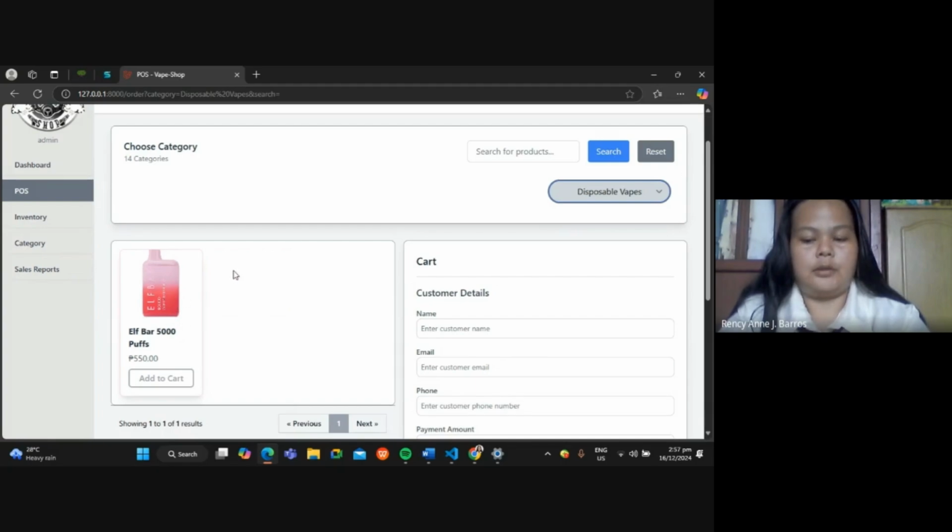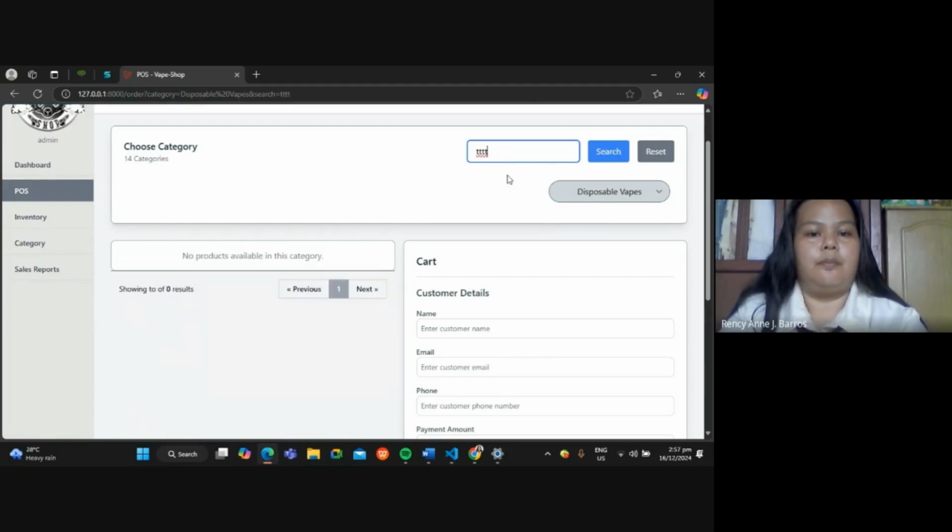If no products match the criteria, the system displays no products available in this category here.